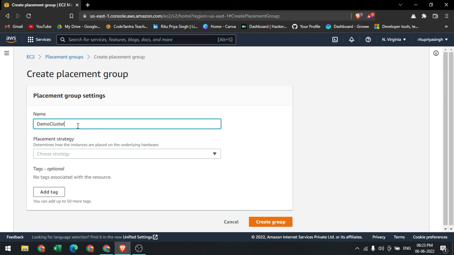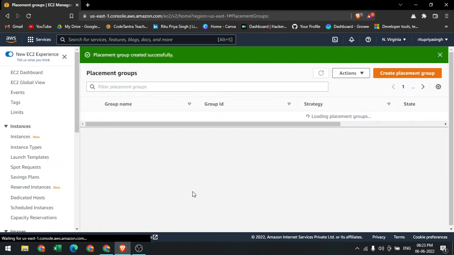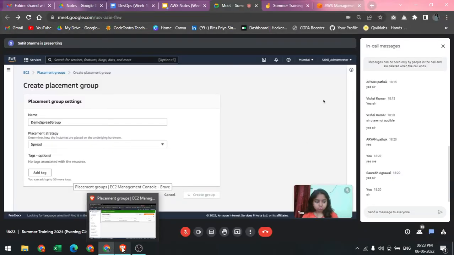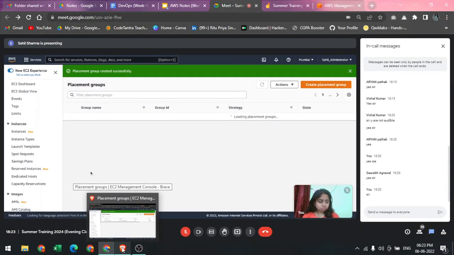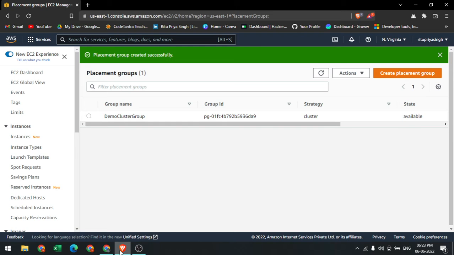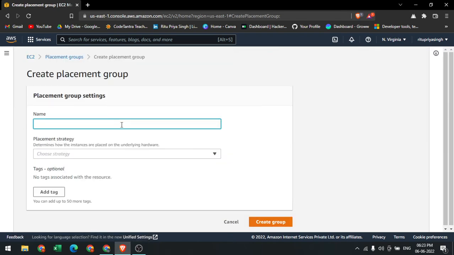So apart from the cluster, let's create the demo spread group. So this is the demo spread group, and I'm going to click on the spread, create group, and let's create the last one for distributed. Okay, create the placement group, demo distributed